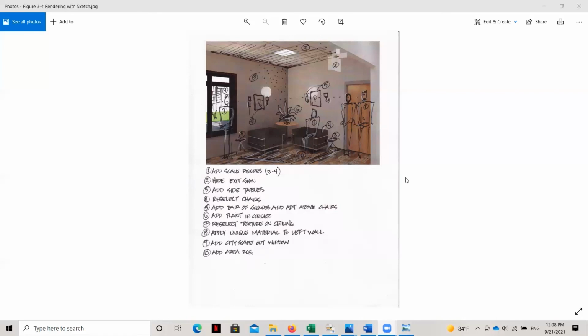And what's nice about this is that once you've brought in this technique where you've printed out a really nice quality image, you have added additions to it, you've brought in critical elements of any good rendering, like scale figures, a background, entourage, really simple indications of texture and notations, shade and shadow, and you've created this unique composition, this is no longer just a scribbly sketch that's a little bit messy.